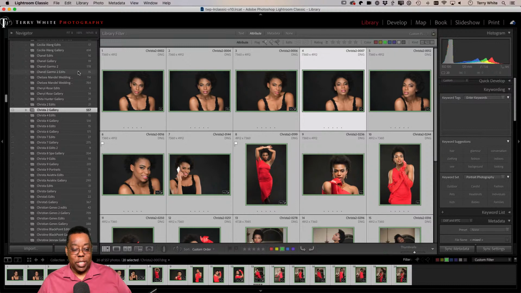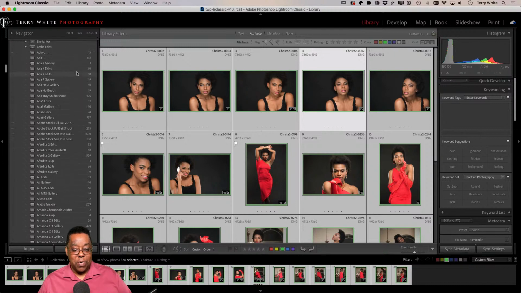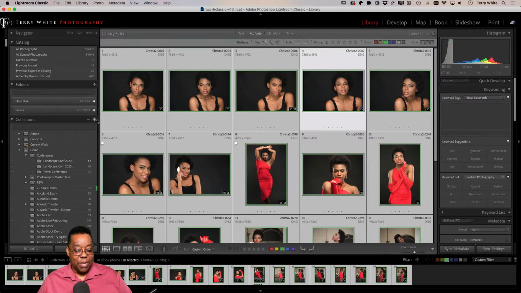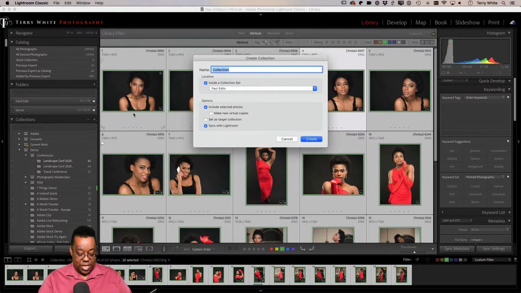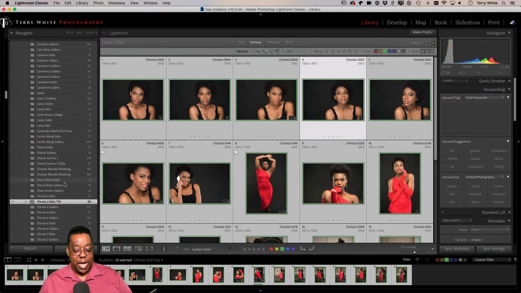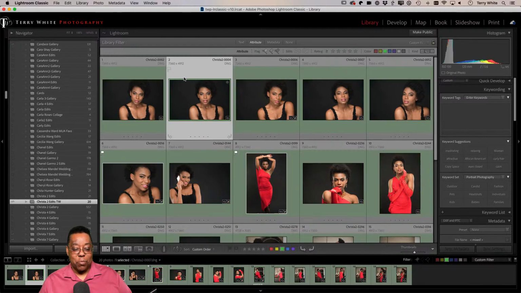And then what I tend to want to do is put them in their own collection. I've got a lot of collections here. Create a collection, and I'm just going to call that one Krista, because that's who she is, Gallery 2, Edits, TW, because the green means those are the ones that I like. And I can sync those with Lightroom in the cloud as well, and I'm going to go ahead and do that. And that will just go ahead and create that brand new collection